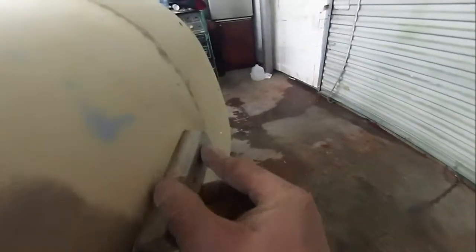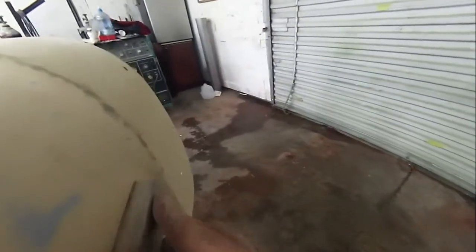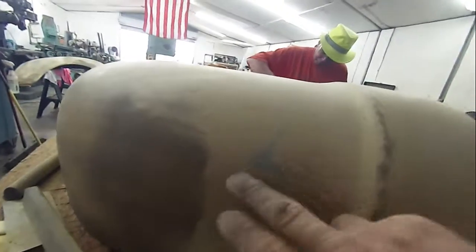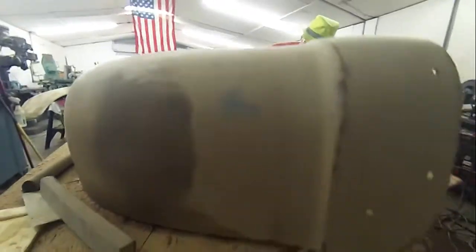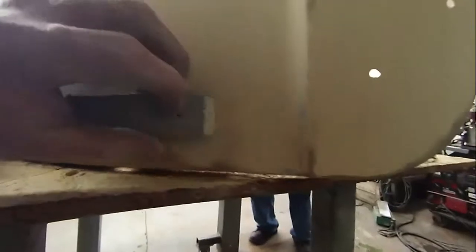Okay, so what you do is you lay your block in there, get a good bit of pressure on it, and then you just stay across the low spot. And as you see, the low spot will come out. Now, I would show you right here, but we've already busted through into the epoxy, and I don't want to go through the epoxy. So what I will do is come down here where we've got a little low spot,